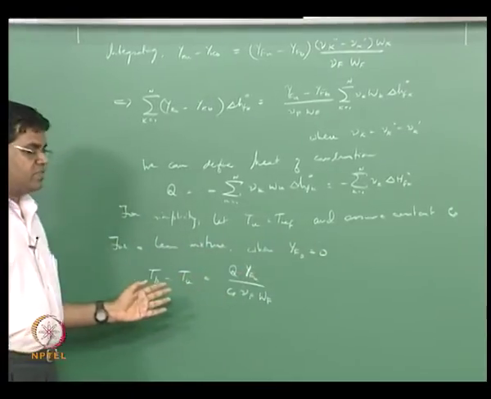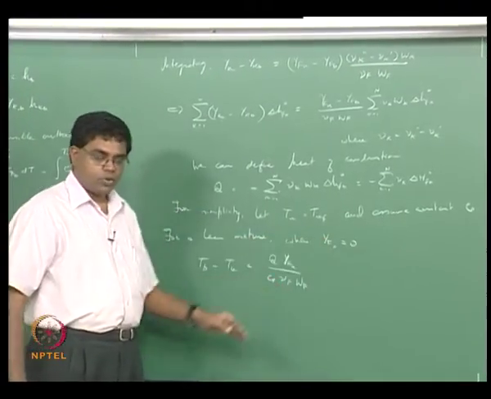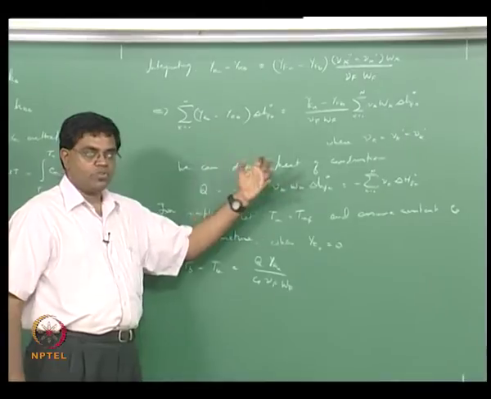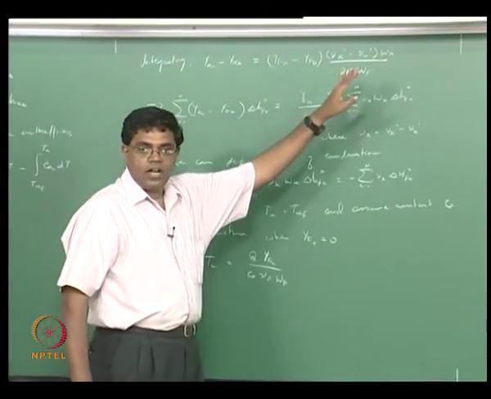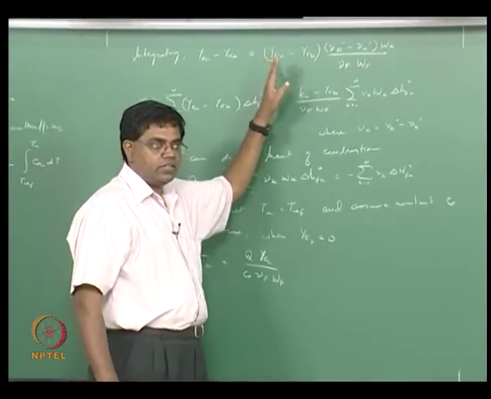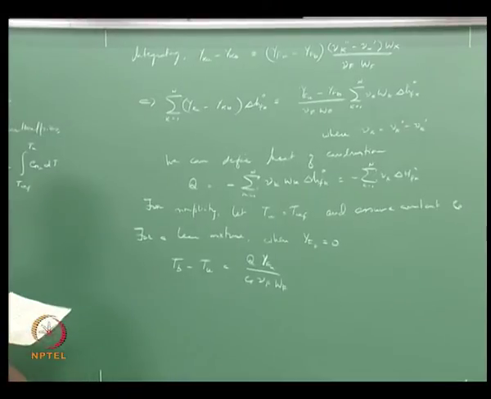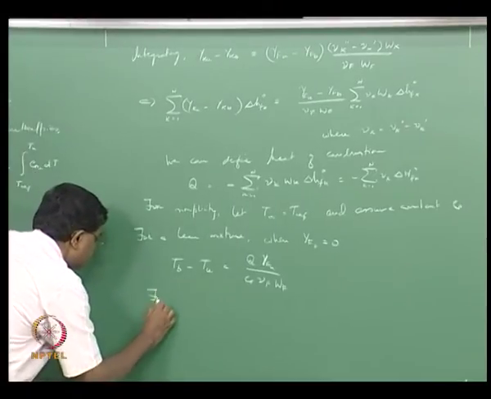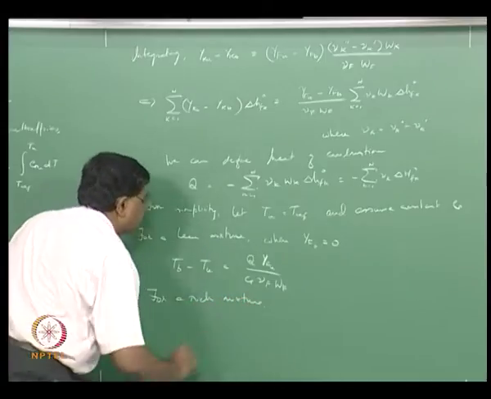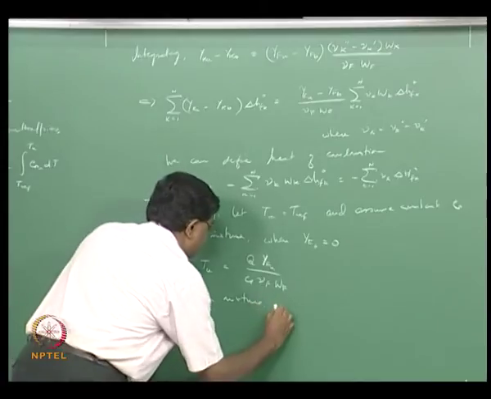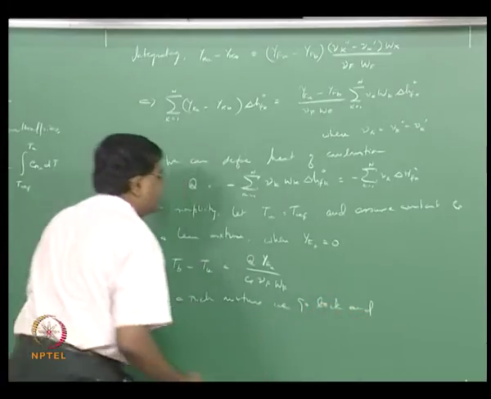But for a rich mixture you would want to substitute Y_O2,b equal to 0, which means we need a place in which we can substitute Y_O2,b equal to 0, for which we should have started out having oxidizer integrated rather than fuel. So for a rich mixture, we go back and integrate again